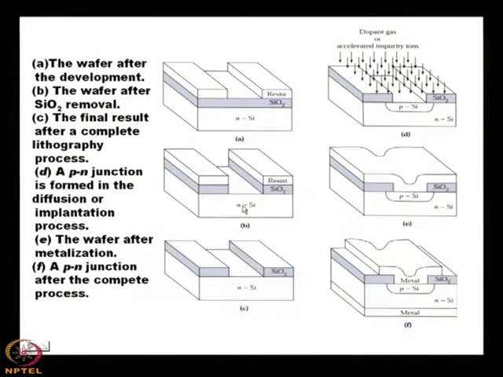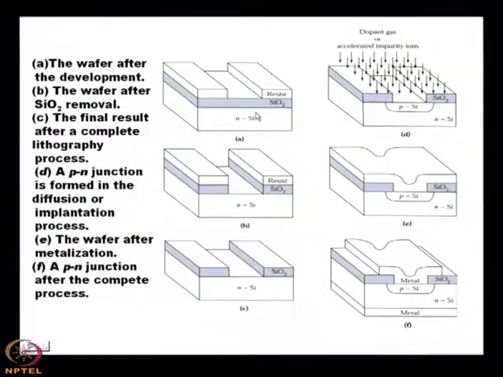In figure A, there is no SiO2 at the right edge, I mean the resist is washed out? No, it is full of SiO2. The whole surface is coated with SiO2, then the photoresist is